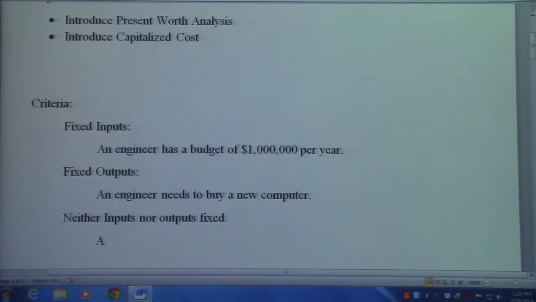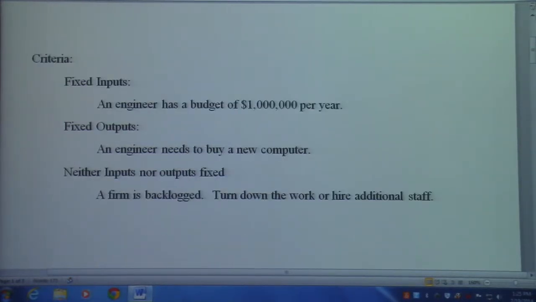So an example of this might be, let's say a firm has a backlog, meaning they have more work than they can handle. They have two alternatives: turn down the work or hire additional staff. In this case, they could choose which of the two alternatives is going to be most profitable for them. So let's take a look specifically at these criteria